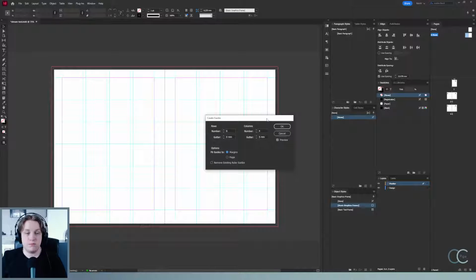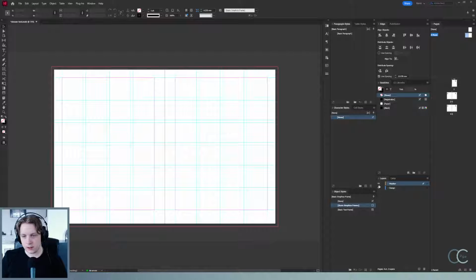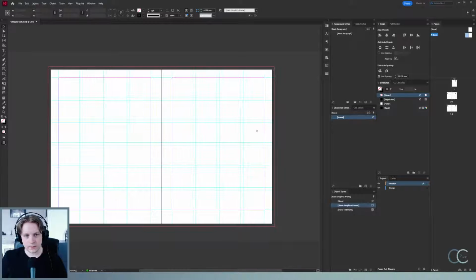Just arbitrary, I guess. But maybe this would be an okay grid. Maybe we want some gutter on the rows as well. So just set this up. Maybe we want 4x4, maybe 6. Something like this. So now we have the guides, and I had the master layer selected, so you can also